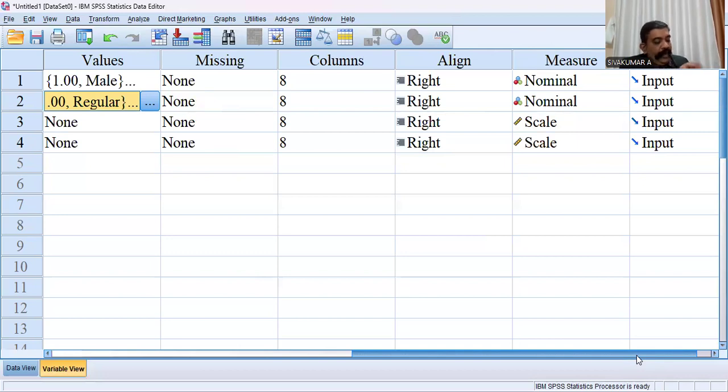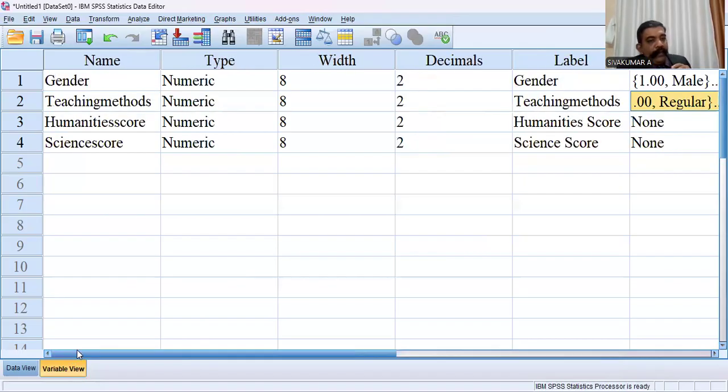Then I may read the question again. The researchers wanted to know the effect of the three teaching methods, here one independent variable, on students' grades, two dependent variables. Then one more independent variable is needed. I may continue the question. The researchers wanted to know whether the effects of the three teaching methods on students' grades in these two subjects, science and humanities, were different based on students' gender.